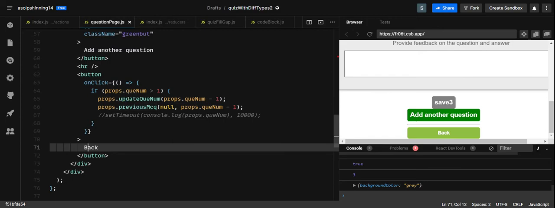I'm gonna say if, yeah, I need to do this back button. A similar logic I'm gonna use, but it looks like similar logic to what I need to use for add another question. A little similar. Actually, I won't be able to do back quite yet